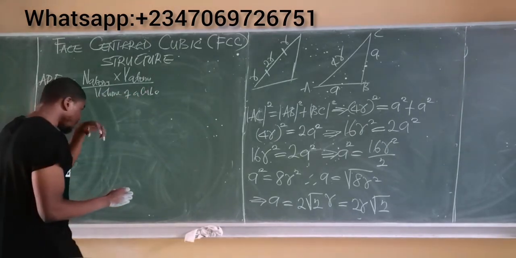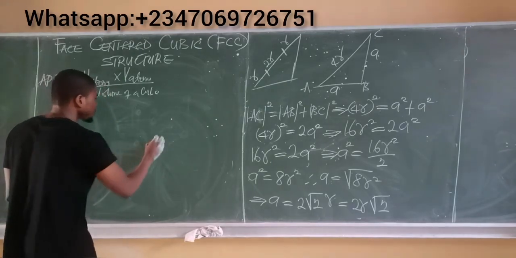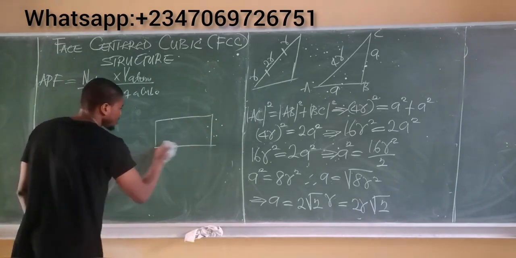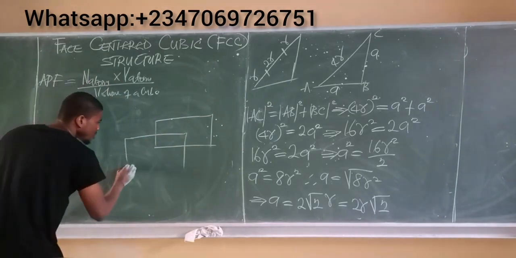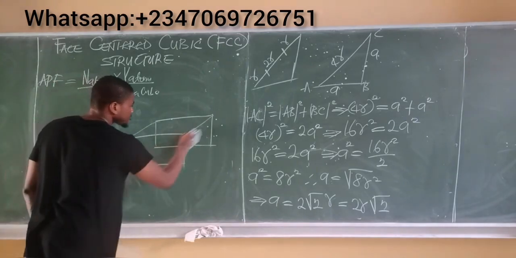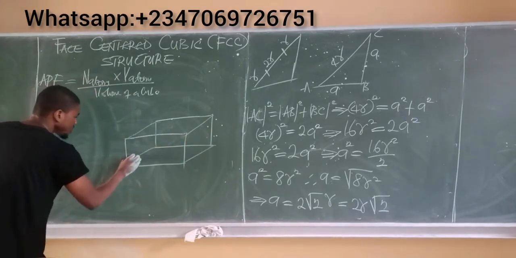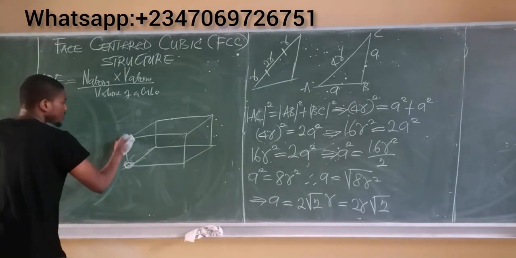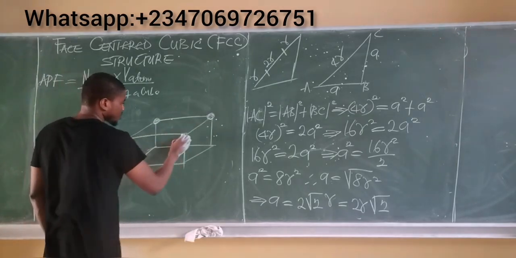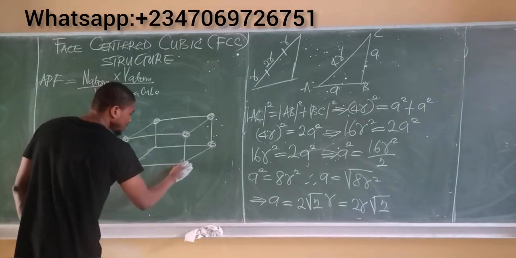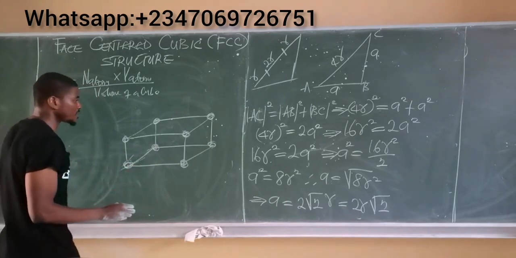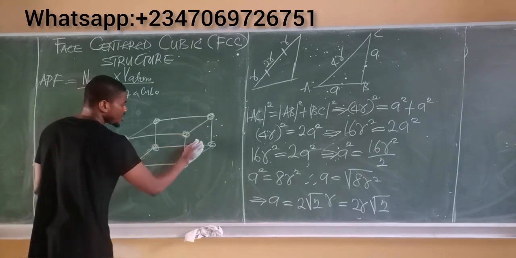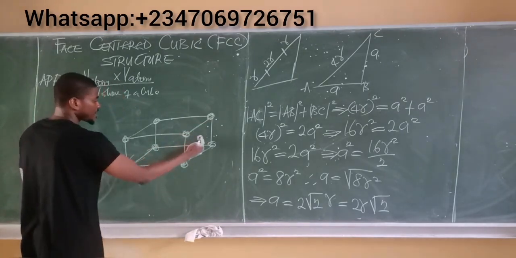So let me draw back the face-centered cubic structure. All right, so we had this. We said each corner contains atoms, and each of the faces also contains an atom, which is why it is called the face-centered cubic. So on this face we have an atom at the center,